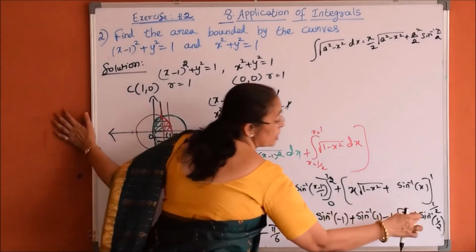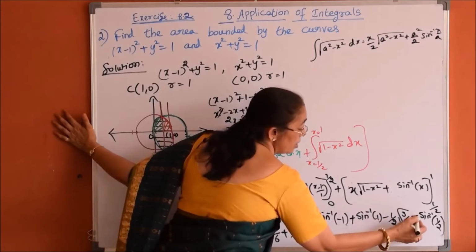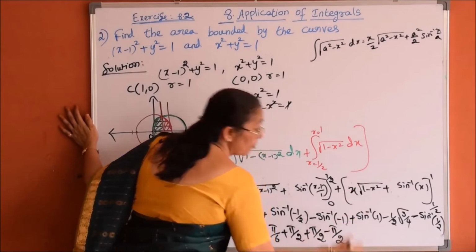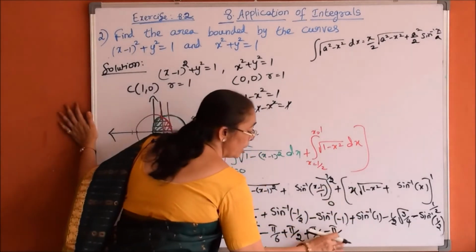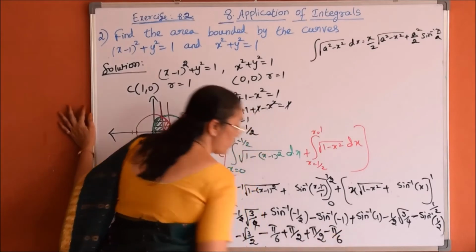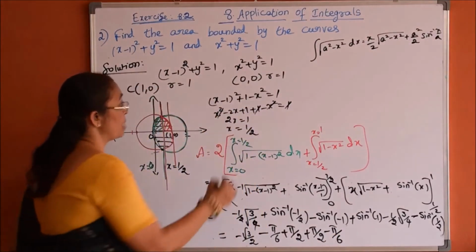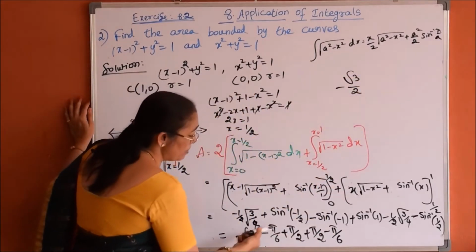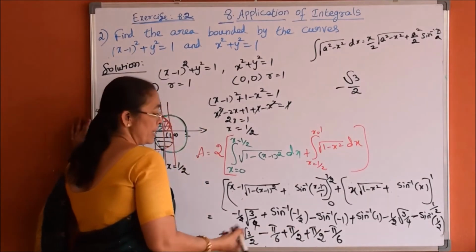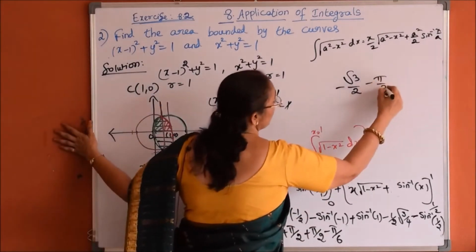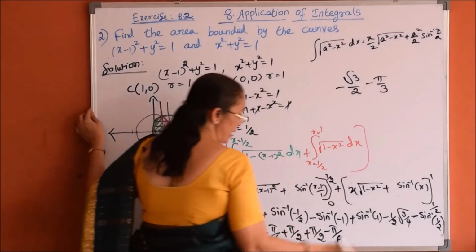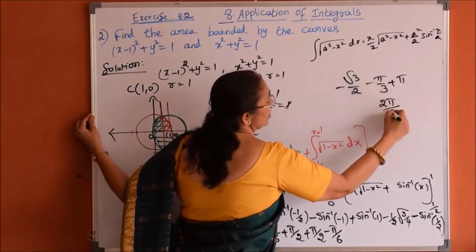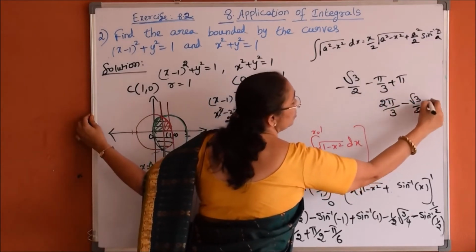So we substitute lower limit, so not plus sign here, this is minus sign, lower limit we substituted, so minus pi by 2 again. Sorry, sine inverse of half is not pi by 2, pi by 6. So now minus root 3 by 2 is the numerical value. Coming to the angles, minus pi by 6, minus pi by 6, so minus 2 pi by 6 or minus pi by 3, and pi by 2 plus pi by 2 is pi. So together this is 2 pi by 3 minus root 3 by 2 square units.